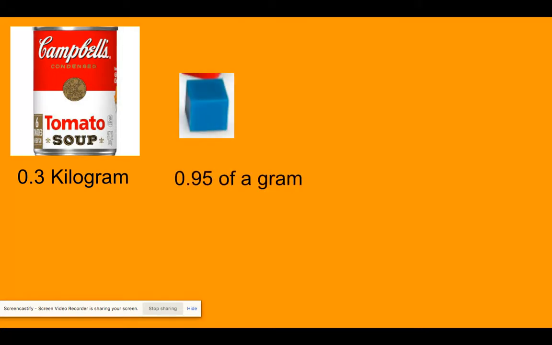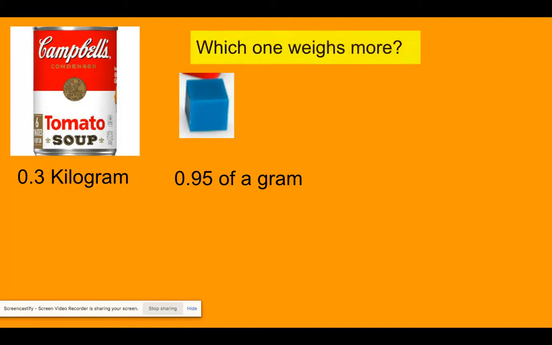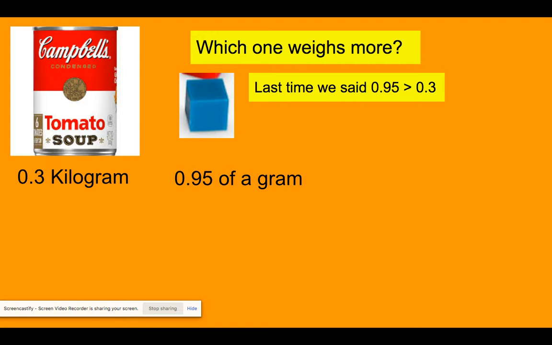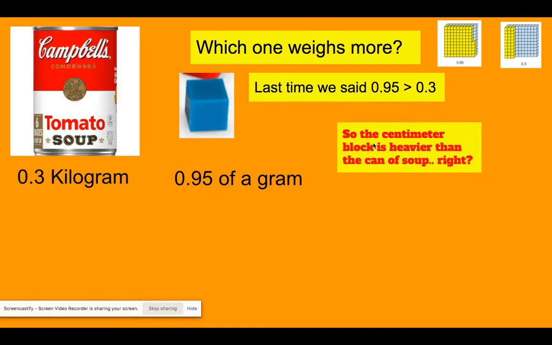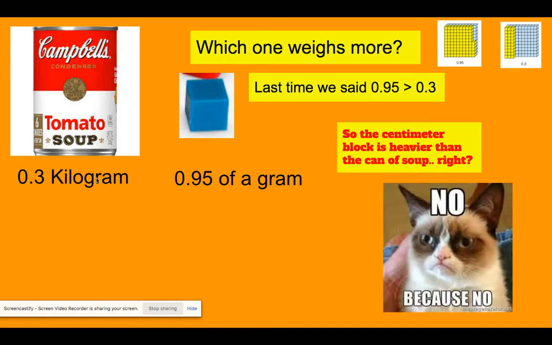Okay, here's another problem. So here's a can of soup. It weighs about 3/10 of a kilogram. We have a centimeter cube that is 95 hundredths of a gram. Which one weighs more? Well, last time, that math message problem, we said that 95 hundredths is greater than 3/10. Remember, here's the visual, 95 hundredths and 3/10, right? 95 hundredths is larger than 3/10. So that means the centimeter block is heavier than the can of soup, right? Because the centimeter block is 95 hundredths of a gram, and the can of soup's only 3/10 of a kilogram, right? No, because